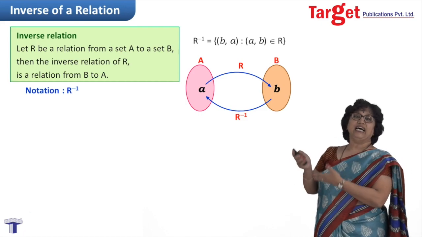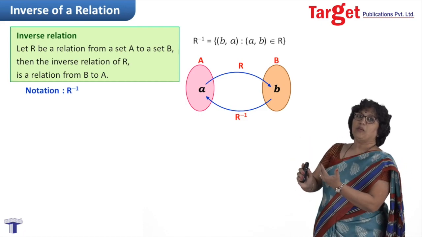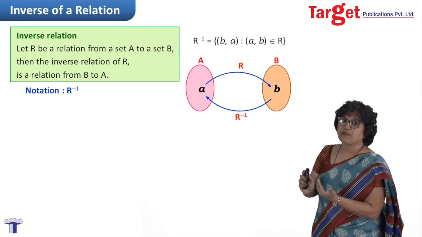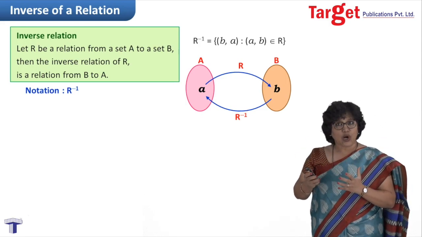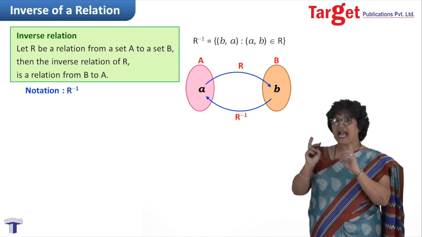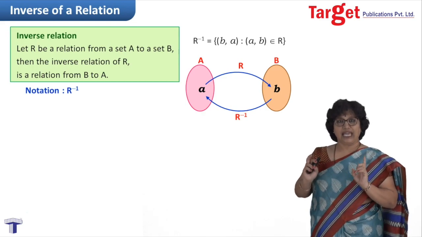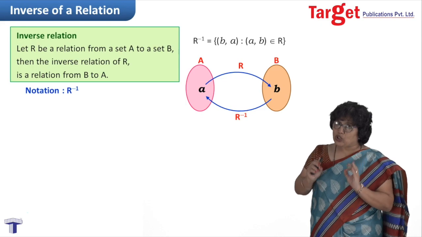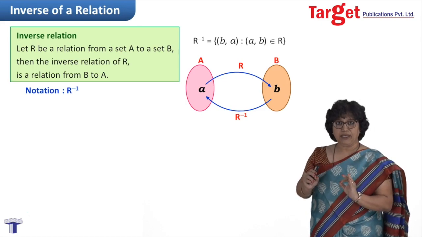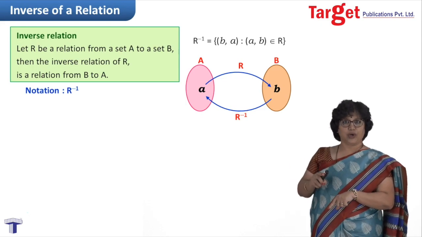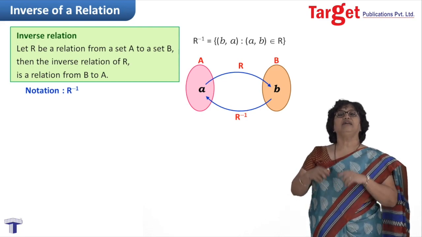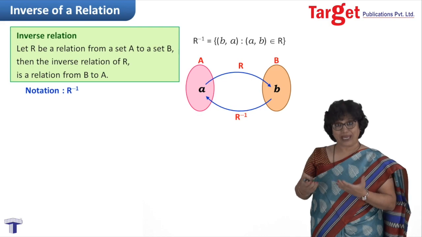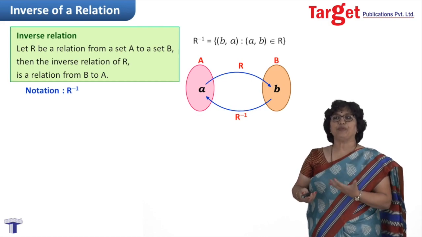And then if I have to write R inverse, what do we expect? That (b, a) belongs to R inverse. Meaning you write down the relation as a subset of A cross B, write down all those pairs (a, b), and then write them in the reverse order, (b, a), and make a collection. Now this collection, again written in curly brackets to make it a set, would be nothing but R inverse.